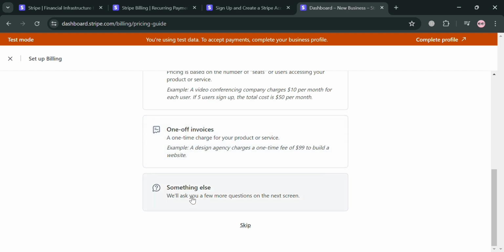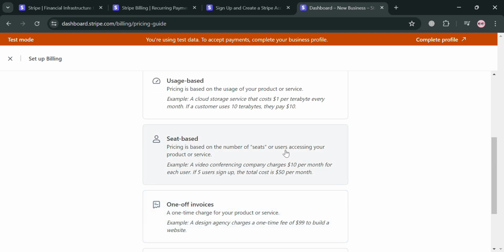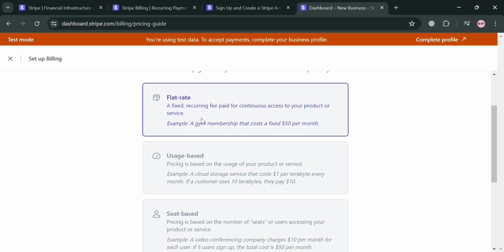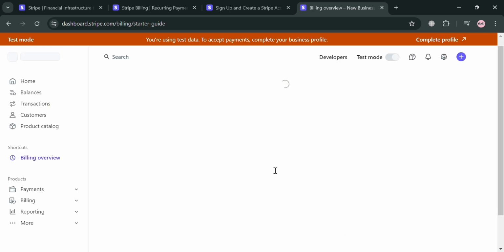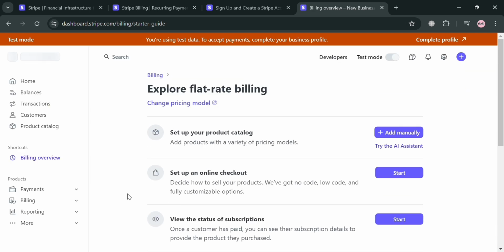We have here flat rate, usage-based, one-off, and invoices, but among those options I'm going to choose this flat rate, which is a fixed recurring fee paid for continuous access to your product or service. After that, you will be directed to this page. And as you can see, we're currently under test mode. But if you don't want to use test mode, you could also start completing your business profile, in which all you need to do is simply fill out all of the required information